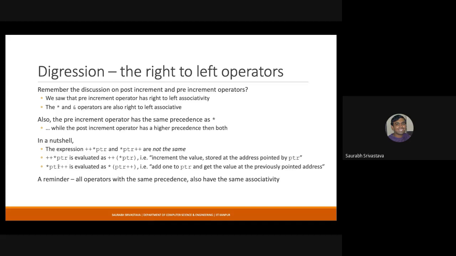In this case, when you are using the post increment operator, this post increment operator actually has higher precedence. Because it has higher precedence, as I said, precedence classes are there. If there are two operators from two different precedence classes, associativity doesn't come into the picture. It only comes into the picture when you have two operators from the same precedence class, and because the pre-increment and asterisk actually belong to the same class, which is below the post increment operator, you have to be a bit careful with this.